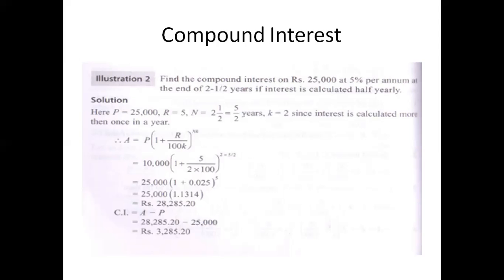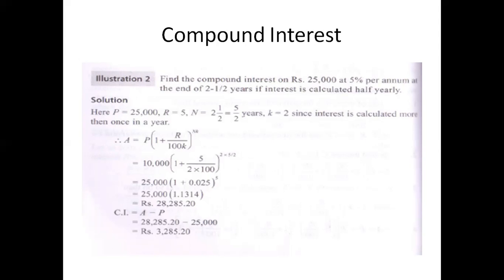Then we have A equal to 25,000 into 1 plus 0.025 to the power of, I think it will be, to the power of 5. Yes, it is to the power of 5. So 25,000 into 1.025 to the power of 5, that is 1.1314. That gives us the total value of